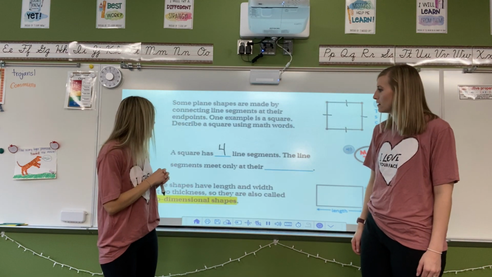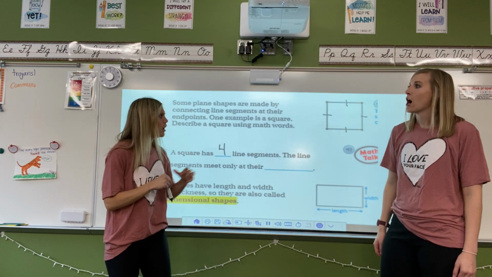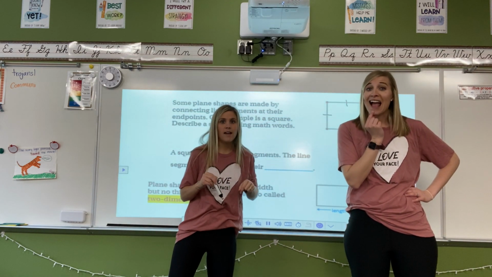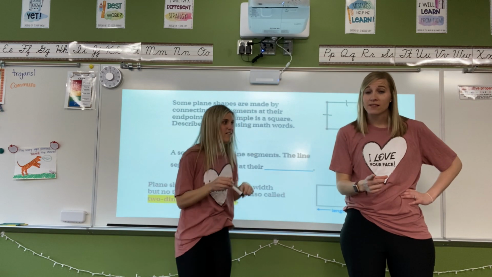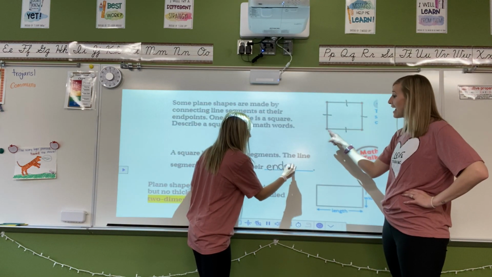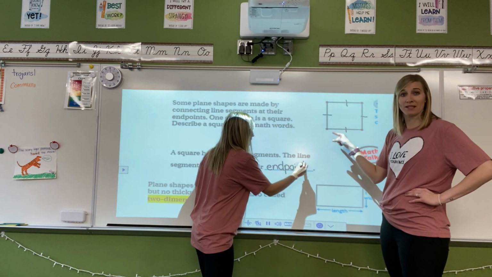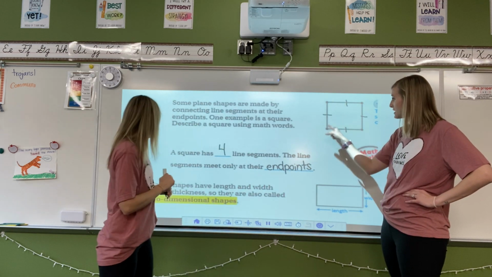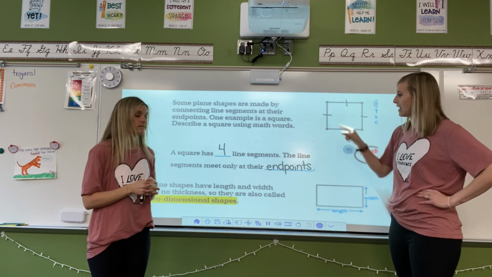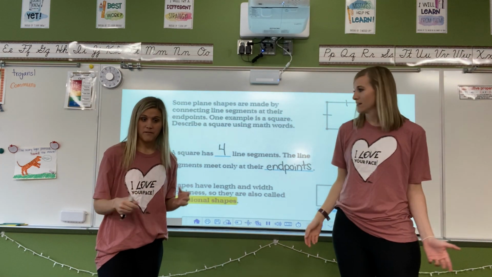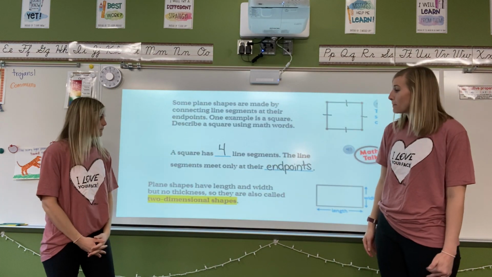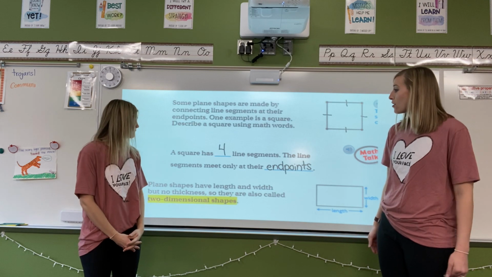It says the line segments meet only at their, what are those things called? Where are they meeting? At their end points. Very good. Okay? So line segments have a starting and an end spot. There's going to be a line that stops, which tells me there are 4 line segments. Very good. It says plane shapes have a length and a width, but no thickness. They are also called